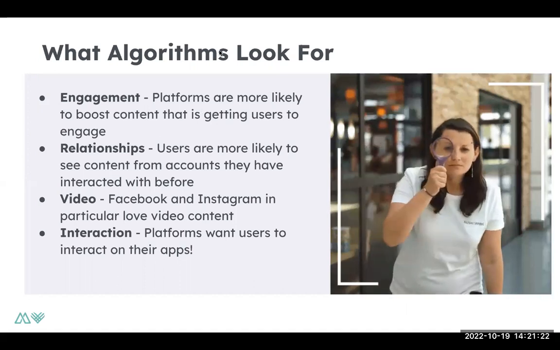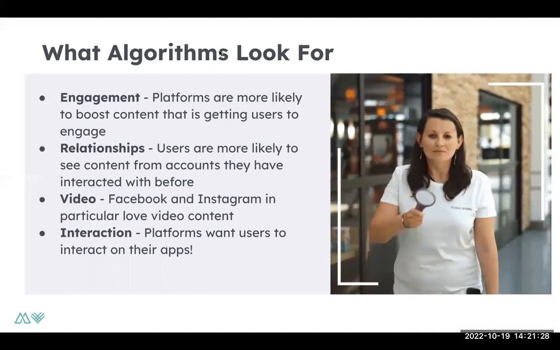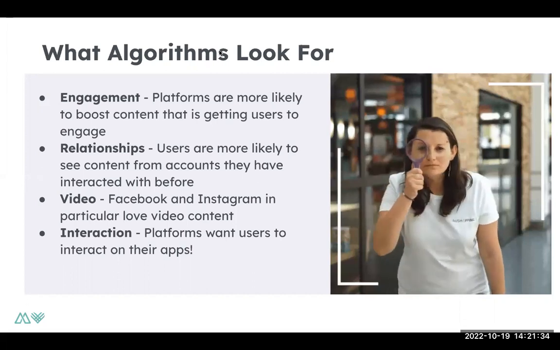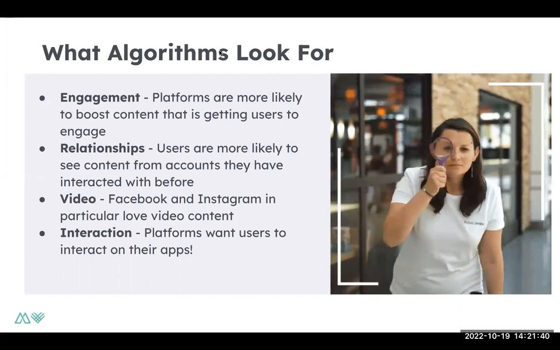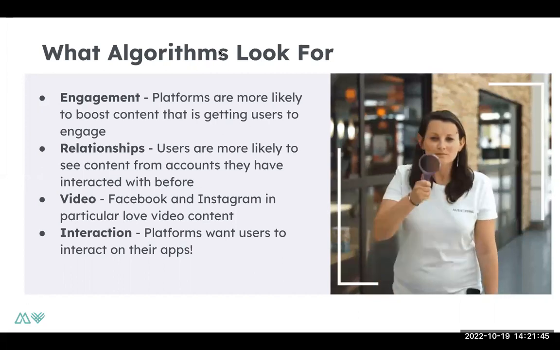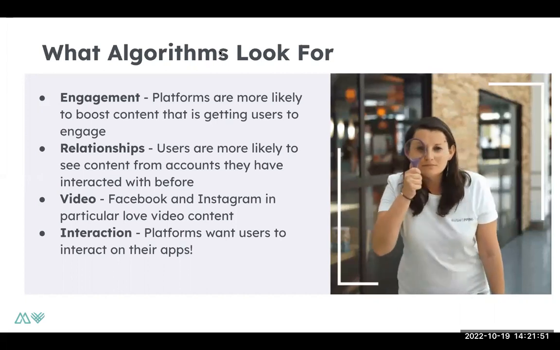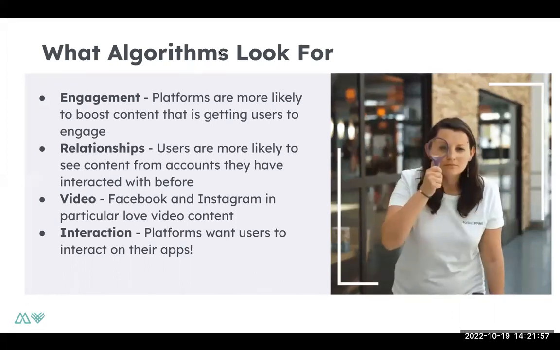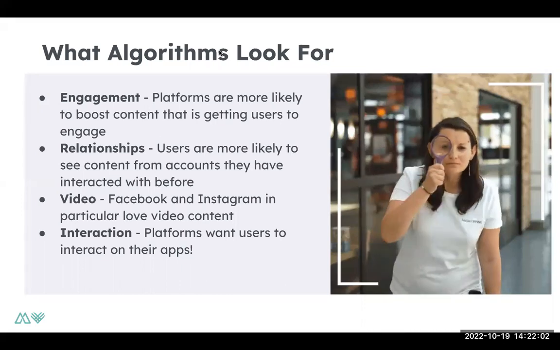And for organic or unpaid reach, as we call it, these are things that it should best consider to get your posts or your organization boosted on those social platforms. But of course, a lot of these social platforms like Facebook and Instagram provide you the ability to pay for advertising. And one of the reasons why they ask you to pay for advertising is because their social media platforms are for free. And so if they just provided you the ability to organically reach all of your users, then they wouldn't have a model where they would be able to charge for advertising.